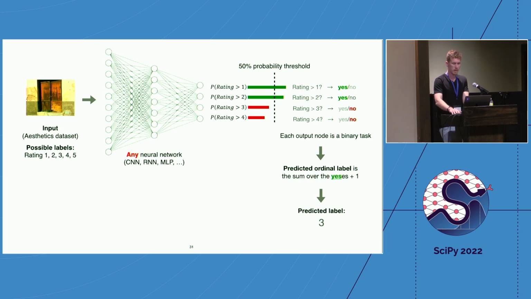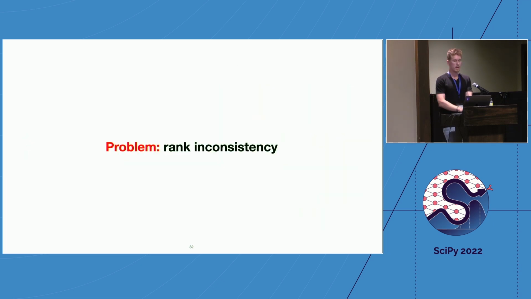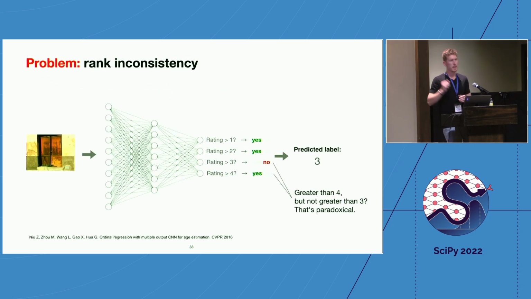However, there is one little issue with that, and that is rank inconsistency. What can happen in practice if you use this approach with a neural network is that you get these little paradoxical statements, like rank inconsistencies, which here means, for example, you may predict that the rank is greater than 4, but it's not greater than 3, and that doesn't really make sense. It's like a paradoxical statement. You may still get the correct label prediction, but still it's not quite right. And we basically addressed this rank inconsistency issue and found that this can also improve the performance of this